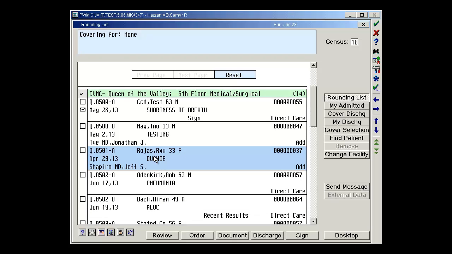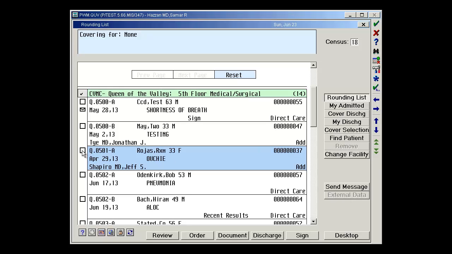Let's say hypothetically that I'm no longer taking care of this patient itself. I had temporarily taken care of the patient a few days ago for one of my colleagues, and I'm no longer taking care of the patient. You'll notice on the right-hand side there is a remove button, but it currently doesn't allow me to click on it right now. So to do that, take your mouse to the left-hand side of the patient's name where there's